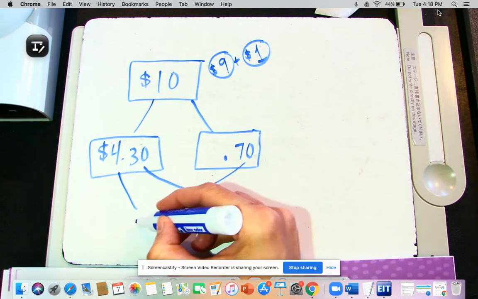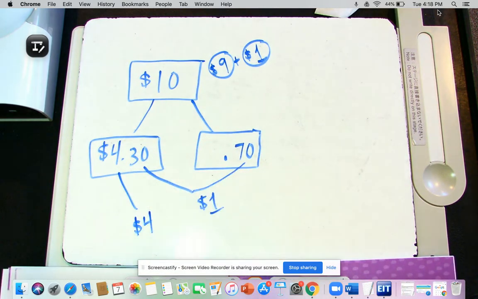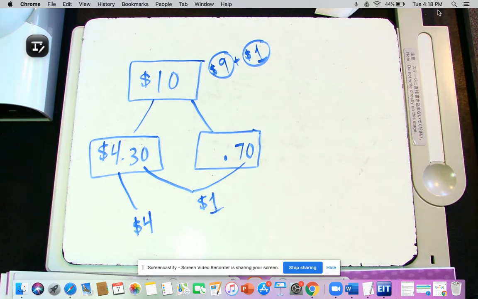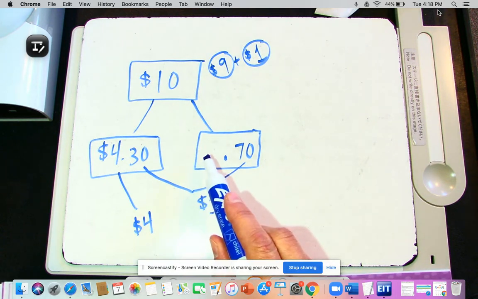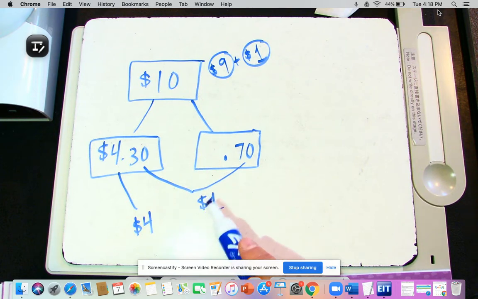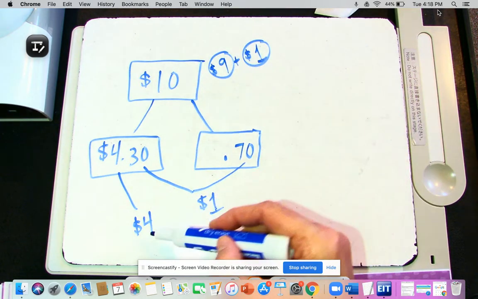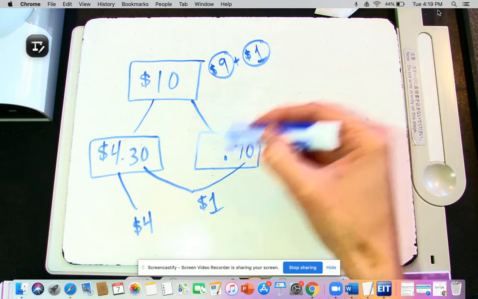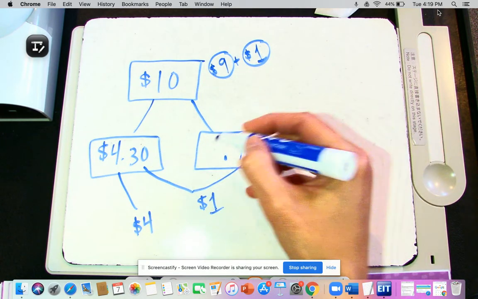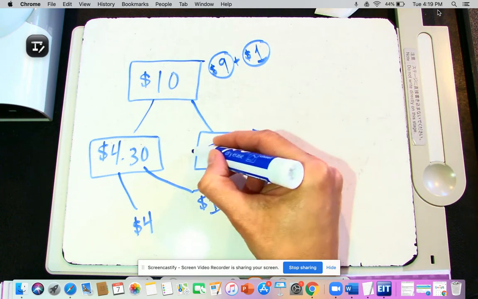And then I already have $4 here. So then I need $4 plus $1. That makes $5. And then I'm going to put that $5 here. The other way you could think about it, like I mentioned up here, is $4 plus what gets you up to $9 because we already have this other dollar here. So it would be